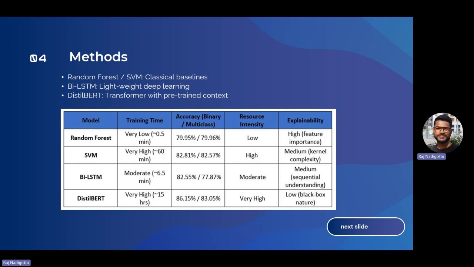I chose DistilBERT as a state-of-the-art transformer-based model because of its ability to learn contextual embeddings. Each model has been trained and evaluated on both binary and multi-class versions of the dataset. I've also kept a table here to show the comparative analysis among these four models.